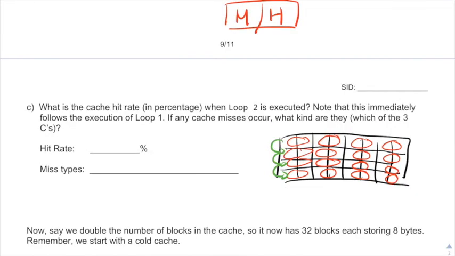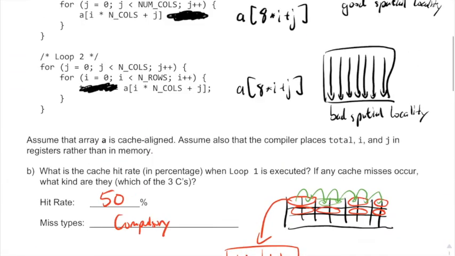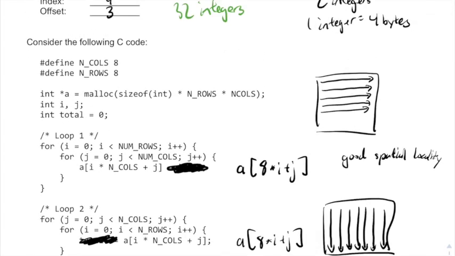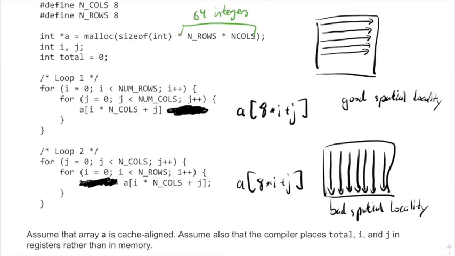So, do we have enough cache space for any hits here? Let's look at how big the cache is. The cache is 16 blocks, and each block holds 2 integers. That means we can hold 32 integers total in the cache. However, here we clearly see that A has 64 integers. That means when you drag things into the cache here, in part A,